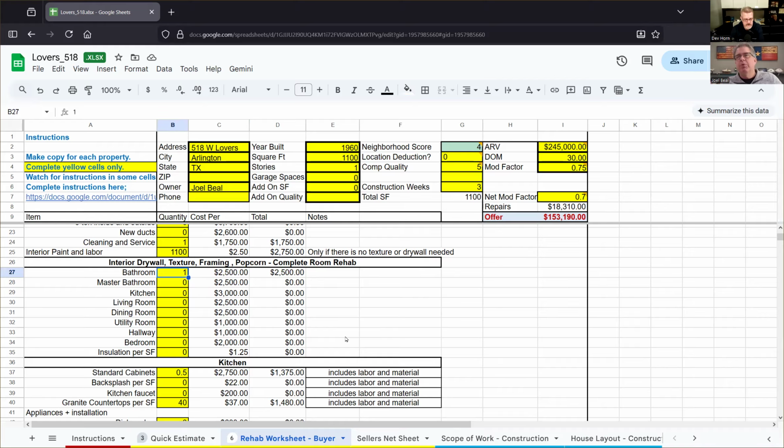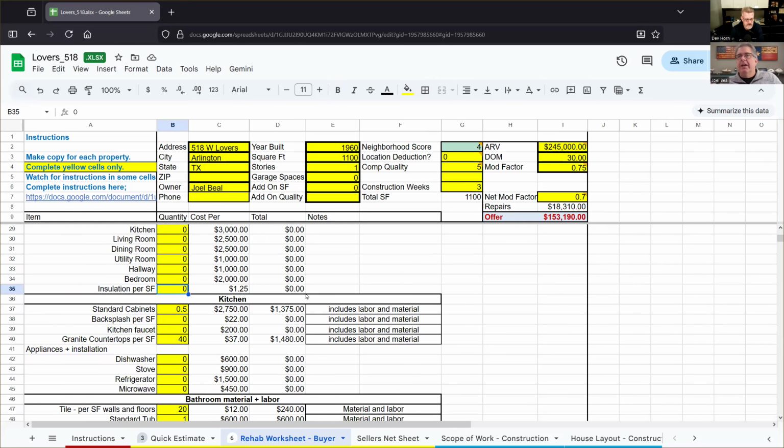This is a pretty accurate number. And we're redoing completely one bathroom, right down to insulation. Now in the kitchen, you'll see I have half a cabinet. I'm not really putting cabinets in here. I'm repainting cabinets, but